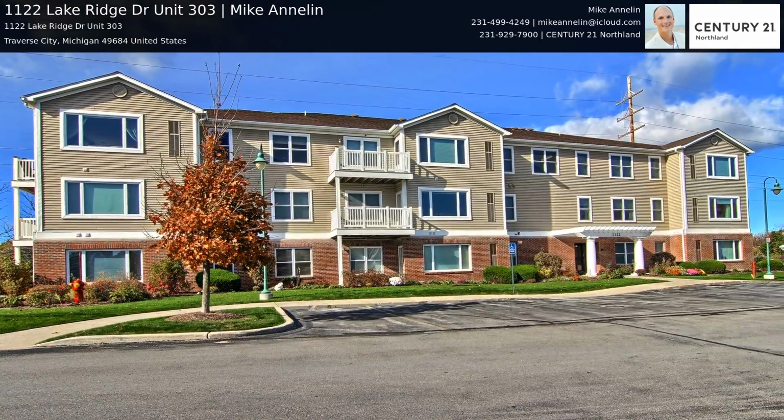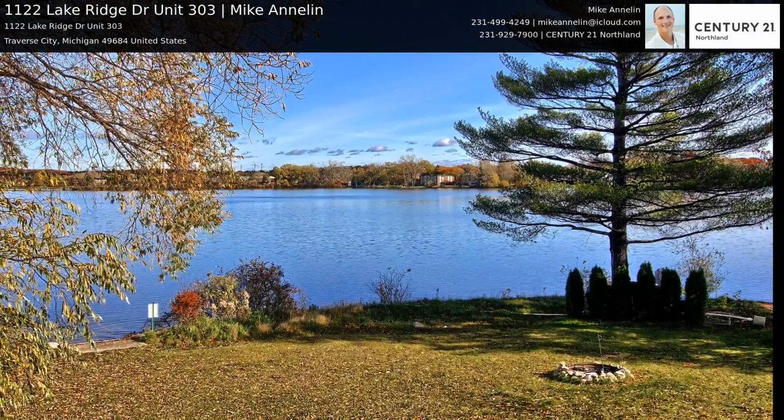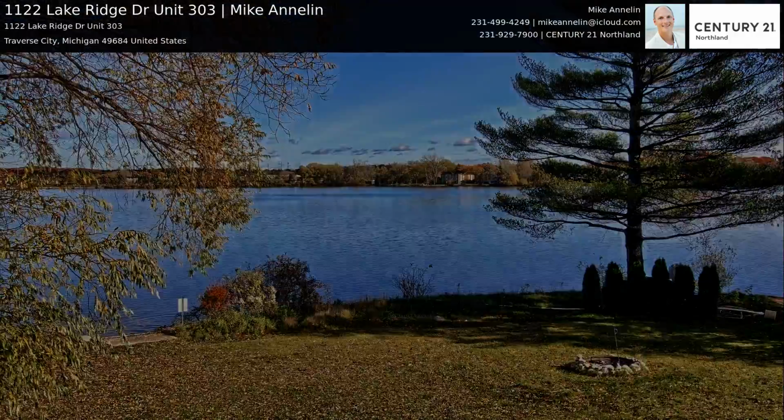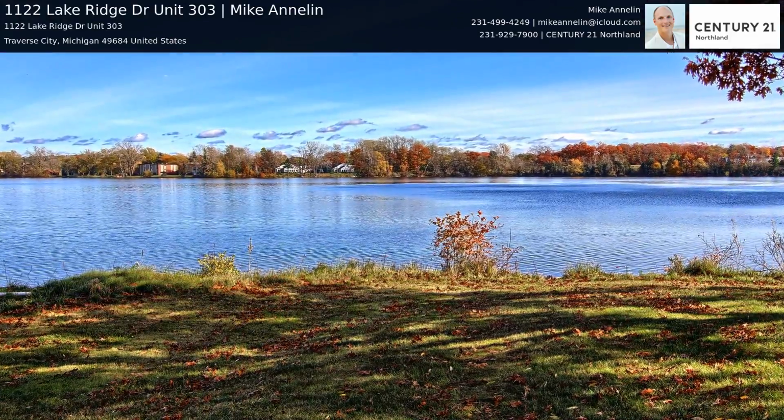Lovely 2-bedroom, 2-bath, 1,197 square foot, 3rd floor corner condo in desirable Lake Ridge. Boasting views of Boardman Lake from the home and 700 feet of shared frontage, this well-maintained condo has a lot